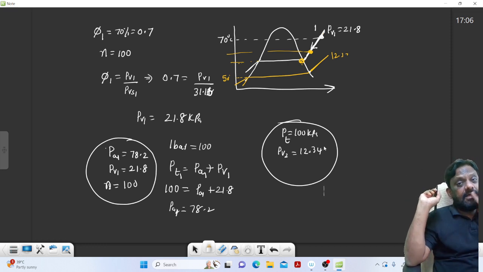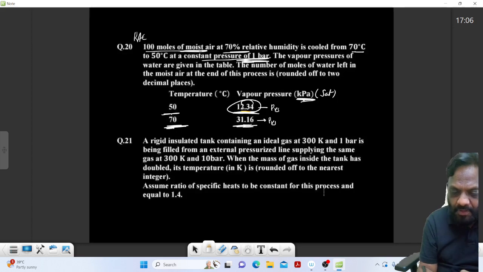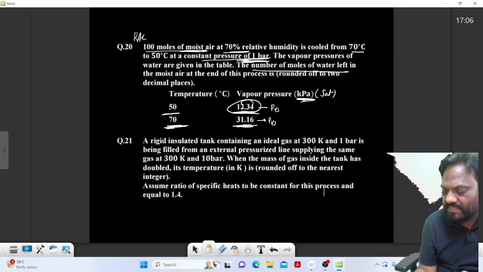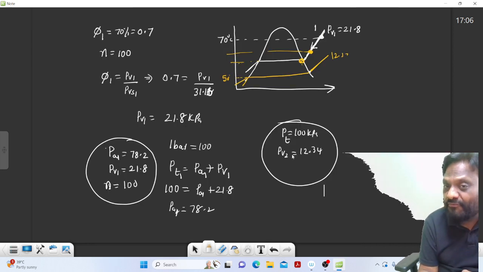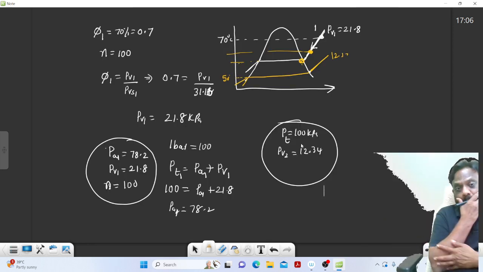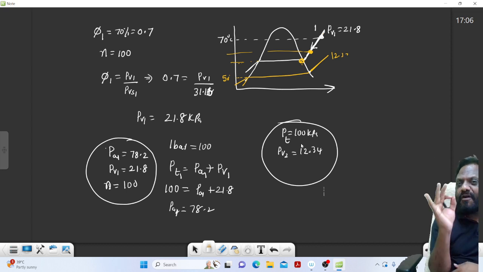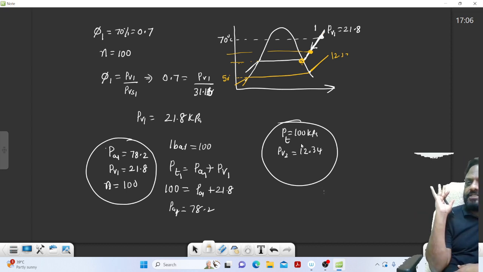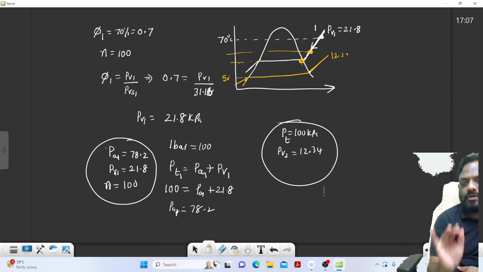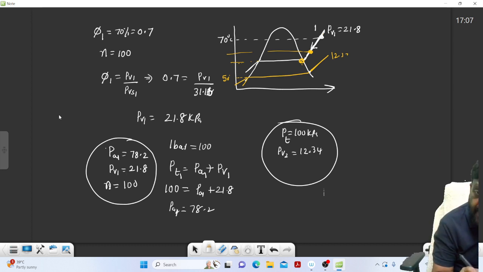अब इसको कैसे करें सर, वो बोल रहा है हाउ मेनी मोल्स ऑफ वाटर इज लेफ्ट इन दिस, मतलब ये नंबर ऑफ मोल्स ऑफ वेपर, वाटर वेपर. ओके पूछा है सर, कैसे करेंगे, one thing is not changing, what is that not changing, dry air number of moles are not changing, इससे मैं क्या करता हूं, ध्यान से सुनो,